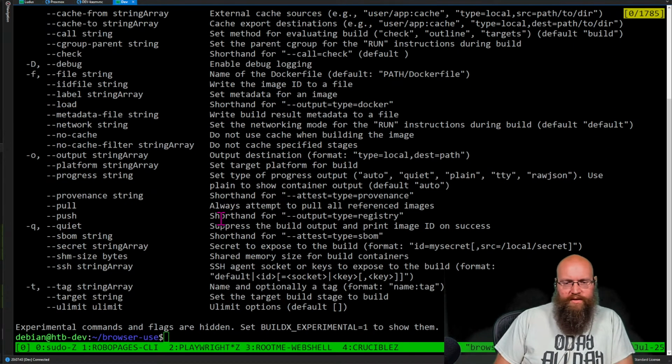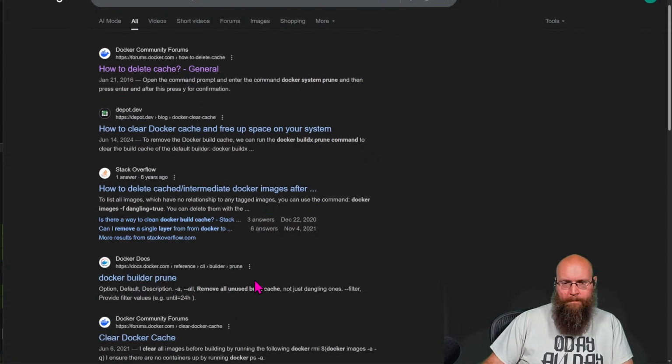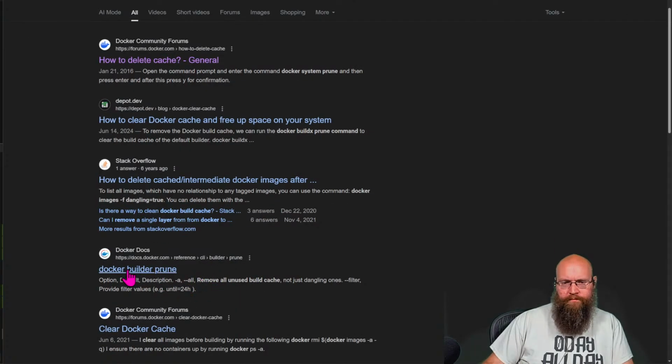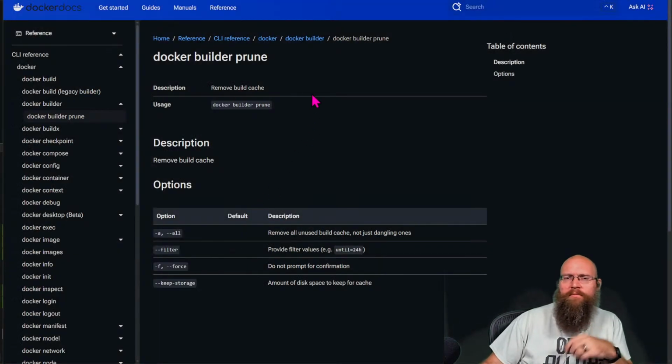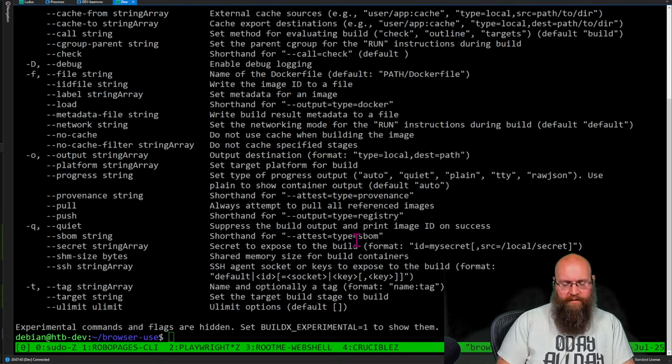Yeah, that's an old syntax. That's not going to work. I'd say I had never seen that command. Actually, hold on. Remove build cache. Well, heck, I'd be able to give it a shot.